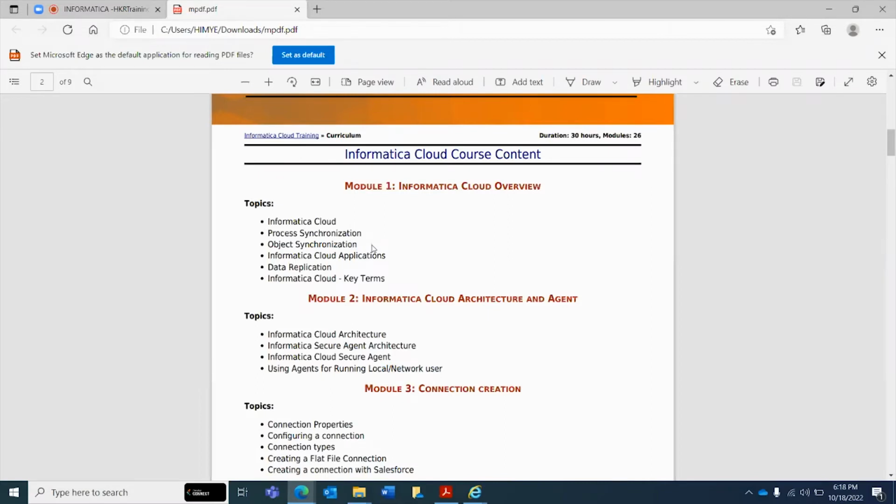So they provide multiple products. One of the products is data integration, and one is application integration. One is MDM and B2B Gateway. So these are all multiple products. And as a part of this course, we have to learn about data integration, okay?